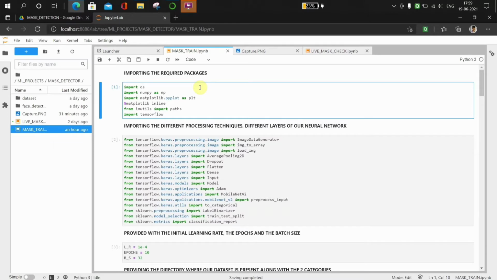We are using MobileNet V2 because it's a class of low latency, low power image classification models, and we can perform image classification, detection, and many other tasks which a convolutional neural network can. Also, because of its small size, it's one of the best deep learning models which can be used in mobile devices.